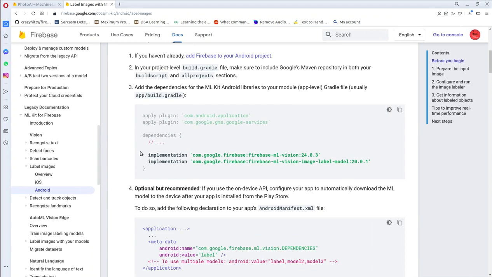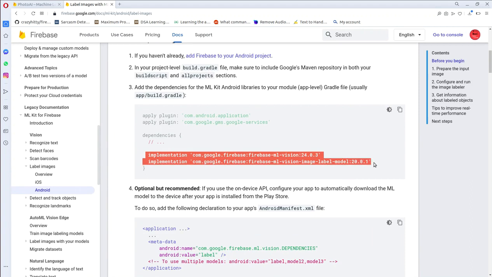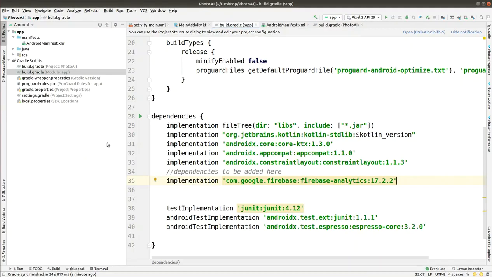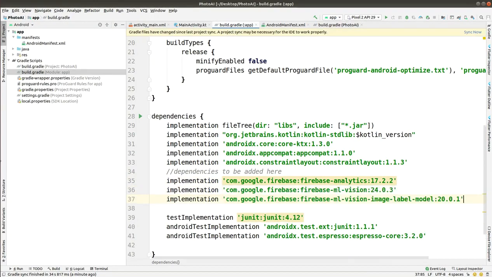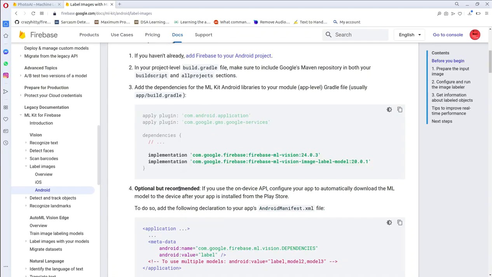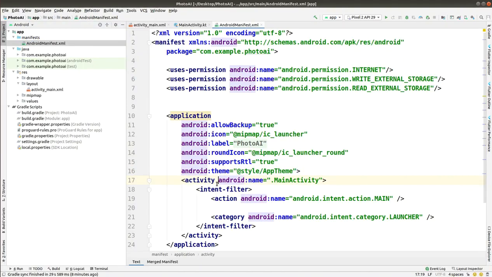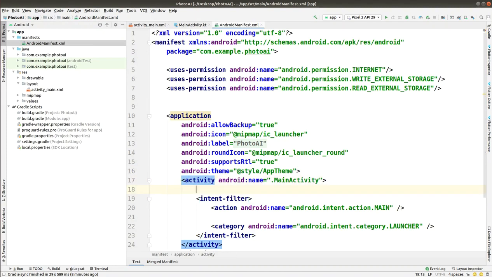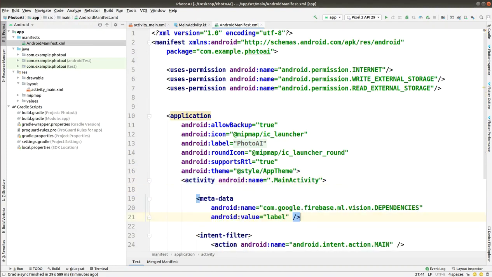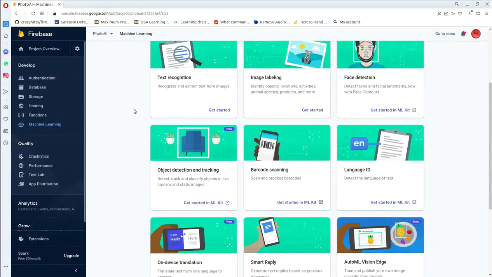So first of all, copy these two implementation dependencies, and after that come into the Android Studio and just paste it here. Now come back to the Opera browser, then you will see that you have to copy this and paste it in Android manifest. So here you can see that Android manifest, and paste it within the application tag. So paste it here. Yes, and after that you have to click on the second option, that is object detection,